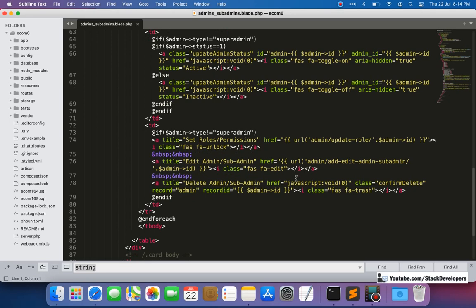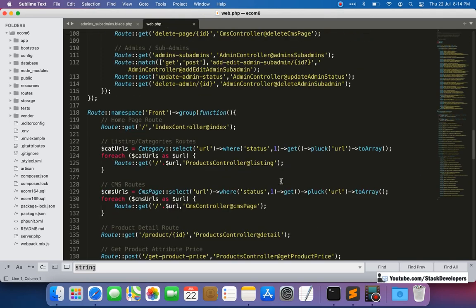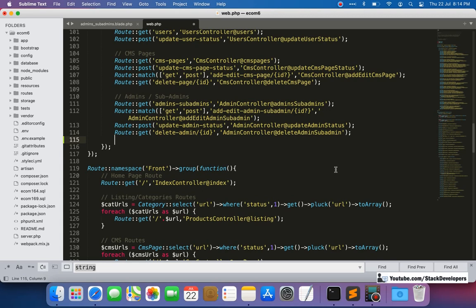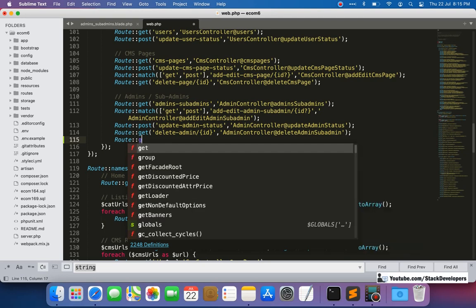Now we are going to create the route in the web.php file, after admin subadmin. We are going to create a get and post route for this one, because both are required. We want to create the view first, and then update the roles with the post method.